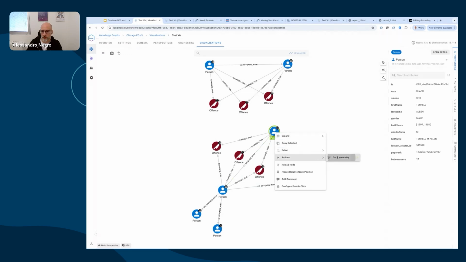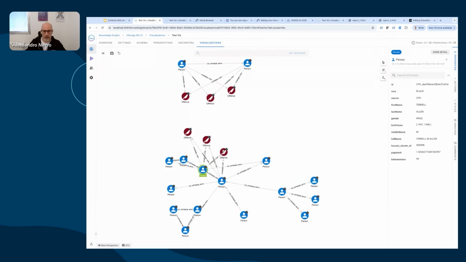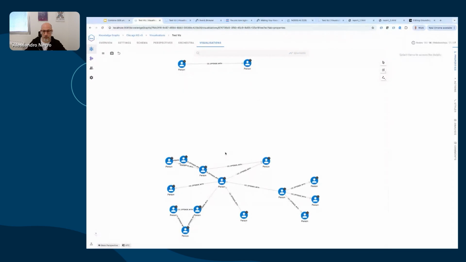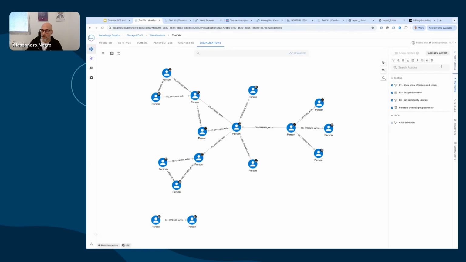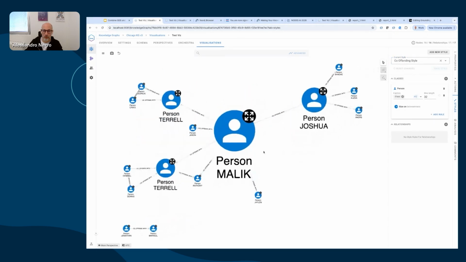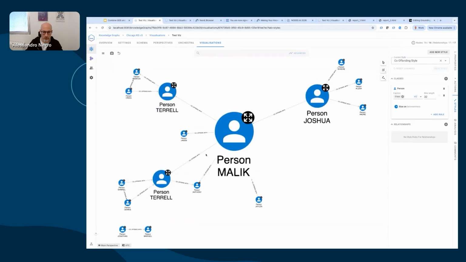And in fact, if we expand the entire community and we remove this one, we see that this is a way more, let's say, structured community. In this community, we can easily reveal who is who by using the value of the Betweenness centrality. So we can notice that this Malik person is definitely the center of the communication between multiple otherwise independent groups,